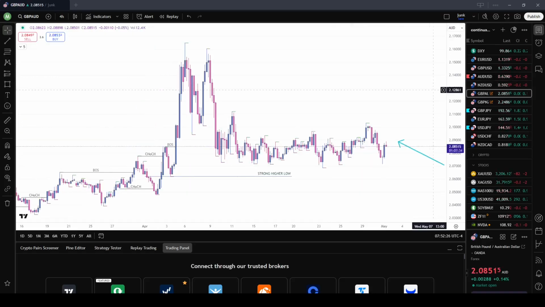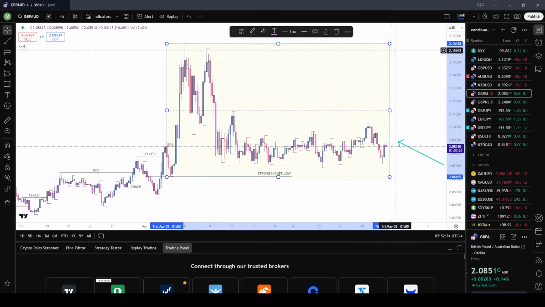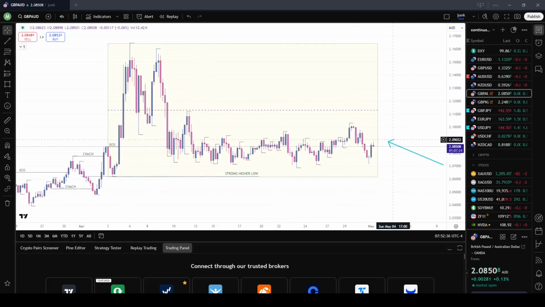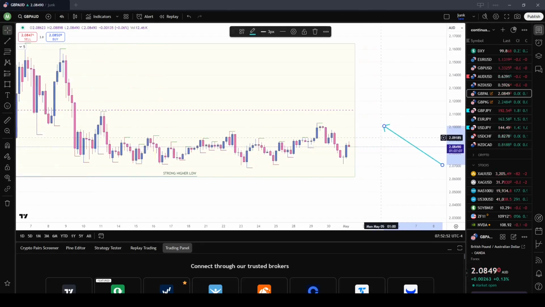GBP AUD, let's go map out the current range, and as you can see, now these pairs continue to trade sideways. It's a cross pair, like I've been saying, this took out the highs, then just started to retrace back into this area, into the sideways range that it's been trading in. But still, the support is holding up. Price actually started rejecting from those lows, started rejecting from that area of support,